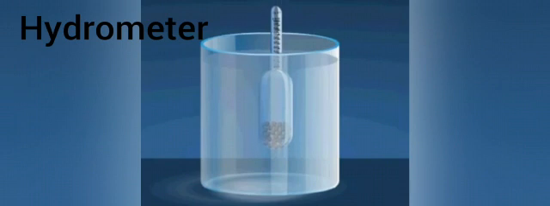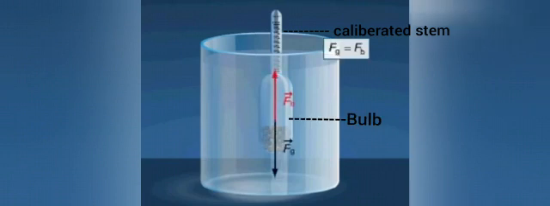Hydrometers. It is an instrument used to measure the relative density of substances. A hydrometer consists of a calibrated stem and a bulb which has mercury and lead balls to keep the stem vertical while floating in the liquid. We insert the hydrometer in the liquid whose relative density has to be measured. The stem starts floating when it comes into equilibrium. Mark the reading from the calibrated stem. This reading on the stem gives the relative density of the liquid. We can even check the purity of a substance with the help of relative density.